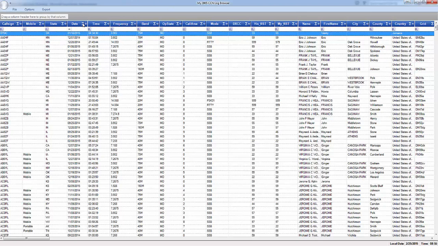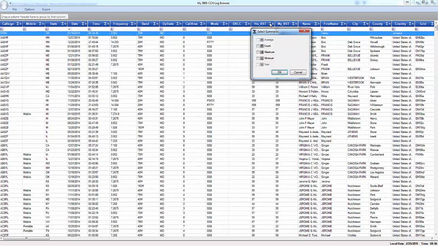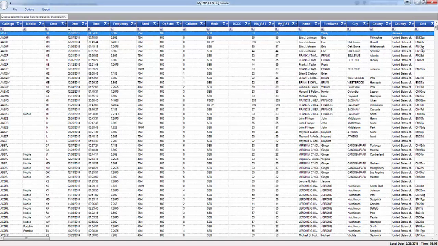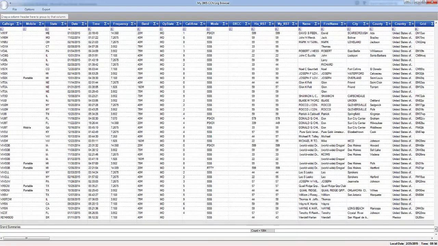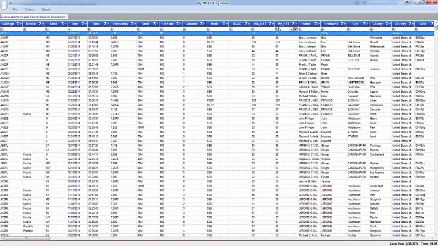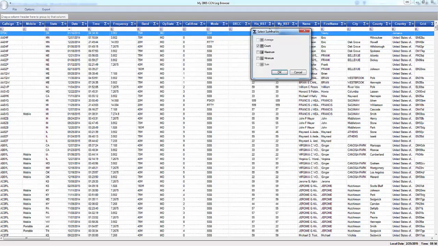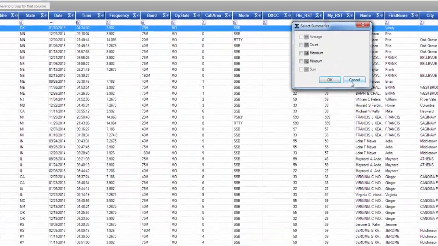You can sum your columns. So if there's a column that you wanted to sum, well, your cent RST. You can do count. That'll count how many records there are. So if you scroll down here to the very bottom of your table, it'll have your sums and your summaries down here, and it counts. There's 1064 records in this database. Instead of sum, you can find your minimum and your maximums,